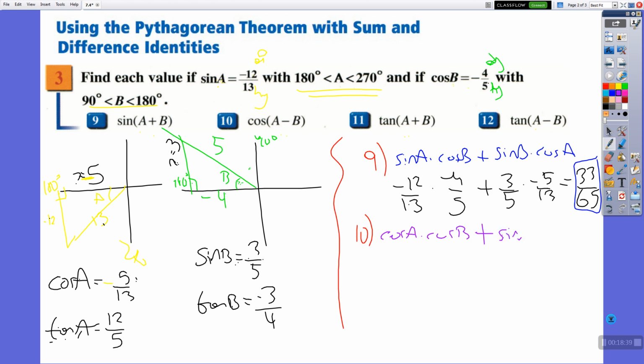Plus sine A times sine B. So cosine A, we found it as negative 5 over 13, times cosine B, given to us as negative 4 over 5, plus sine A, we were given as negative 12 over 13,